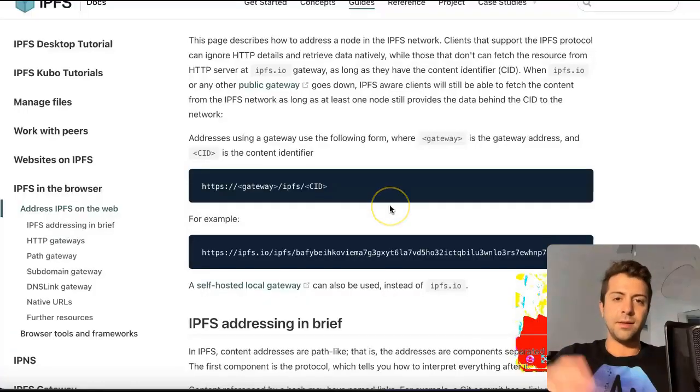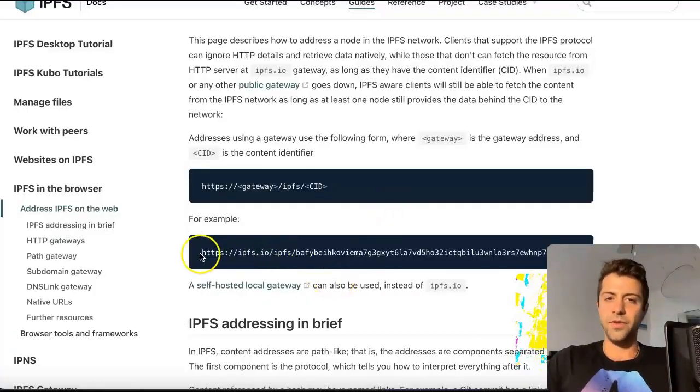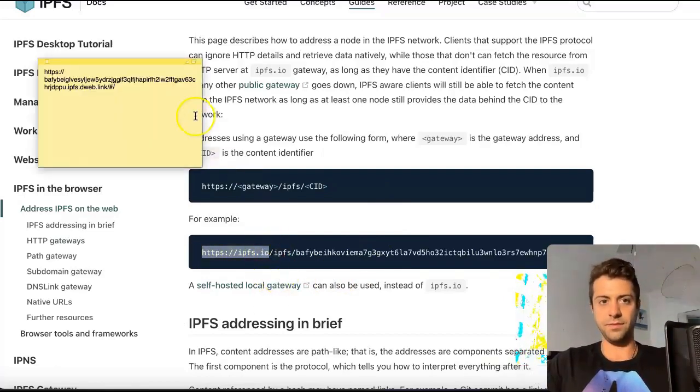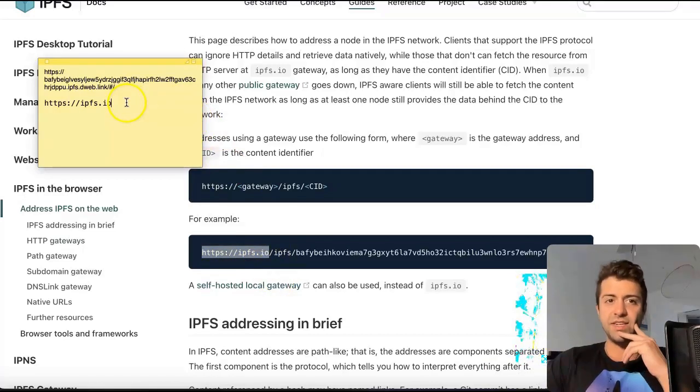So here's a tiny little lesson on IPFS. You can make your own IPFS website by just doing https://ipfs.io, and then you put your transaction hash after it. So I'll copy this part, okay? Let's make a new link right here. Let's paste that right there. So we've got